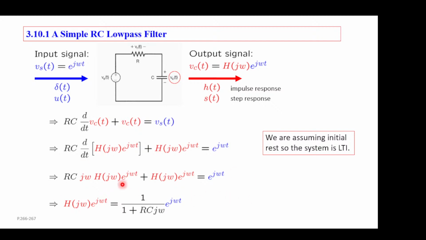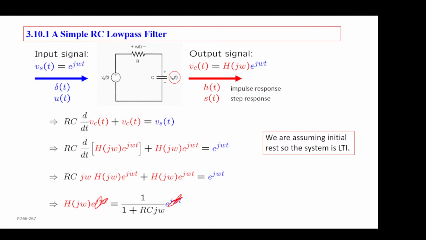And here a nice thing happens: everything has e to the j omega t. And e to the j omega t is not zero, so you cancel all of them. Then you are left with no t anymore. You are just left with an equation with omega and H of j omega. Oh, sorry, here we didn't actually cancel first, but we can cancel. Anyway, we move things around,